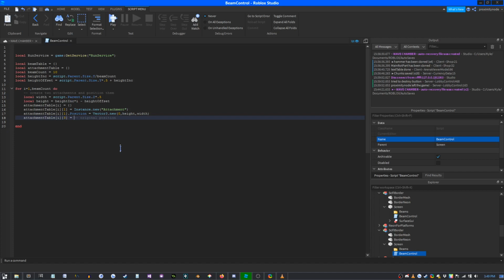Yep. So that'll be the same vector actually. And there. So it'll be that position. And then what we'll do